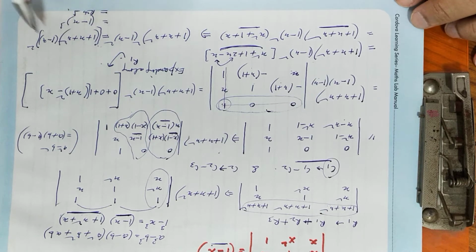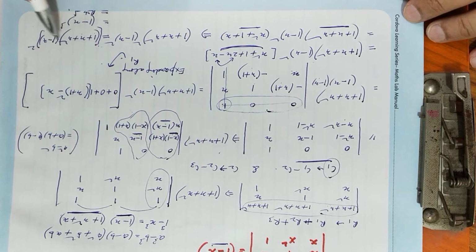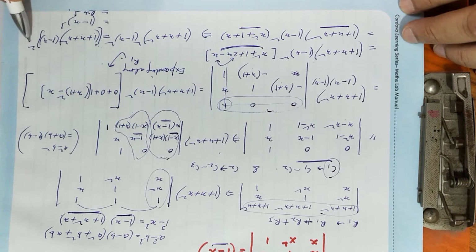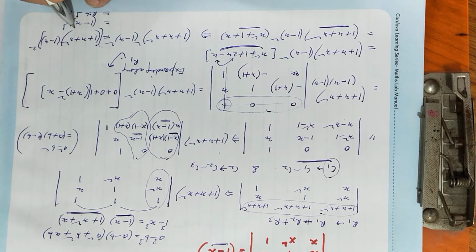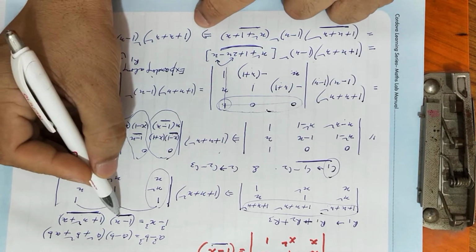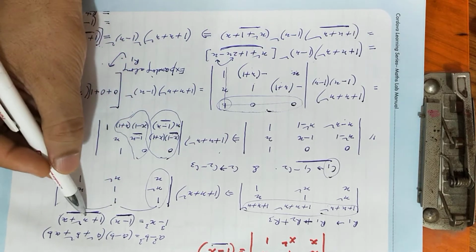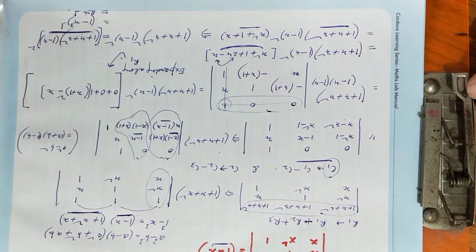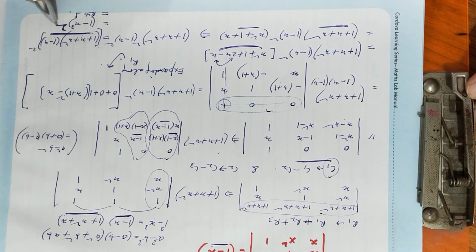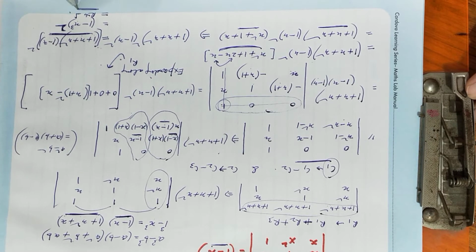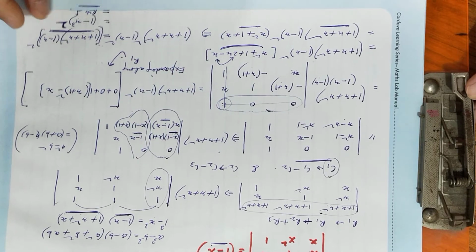Okay students, as you know that (1 + x + x²)(1 − x) is equal to 1 − x³. Look carefully at this one: (1 − x)(1 + x + x²) is 1 − x³. So instead of this we can write (1 − x³)² here. Okay, so it is the RHS. It was the solution of question number 12.